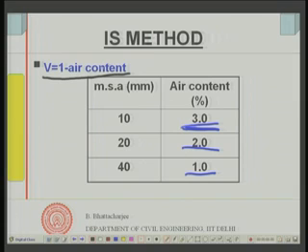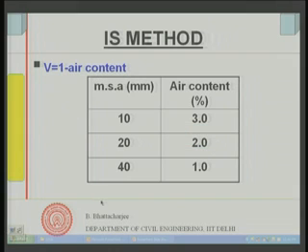And as I said, V is given by 1 minus this air content. So, air content percentage is known, and supposing it is 2%, V is equal to 1 minus 0.02. So, this will be 0.98. So, I can find out V, 0.98 meter cube must be the volume of all solids plus water, because air occupies 0.02 meter cube. So, that is how we find out.